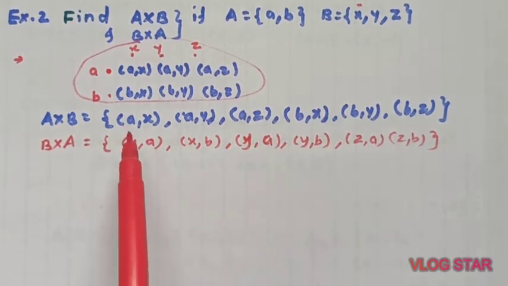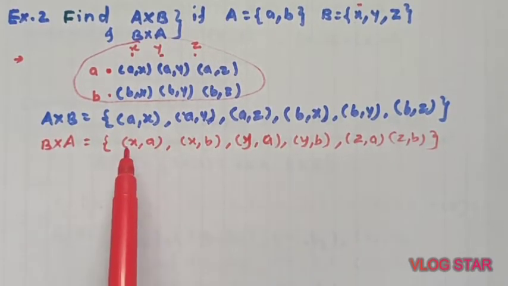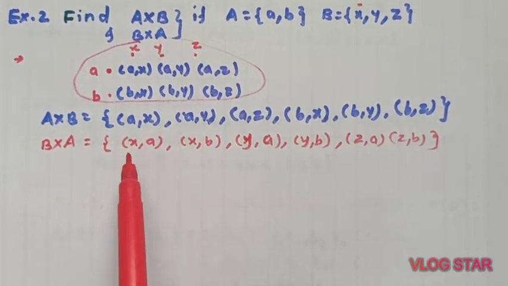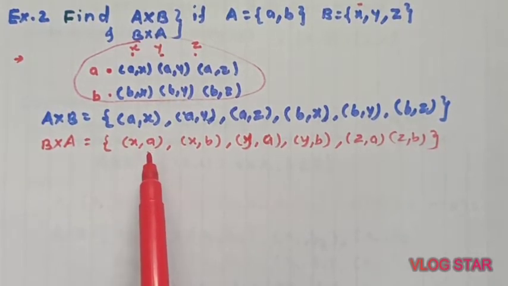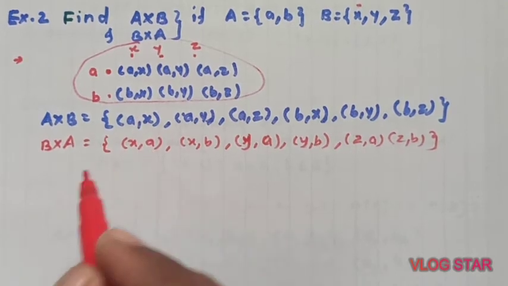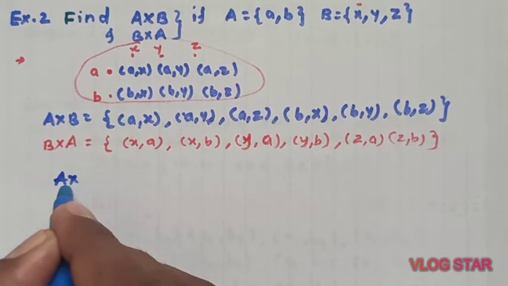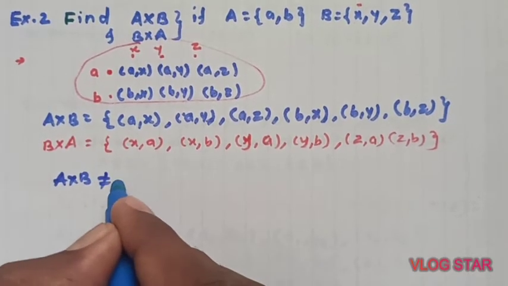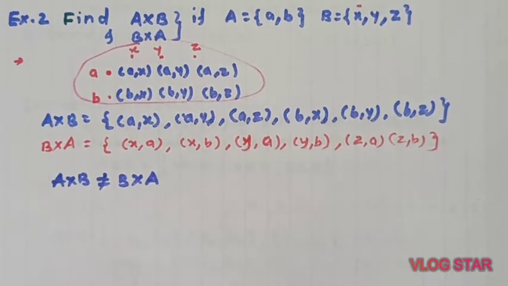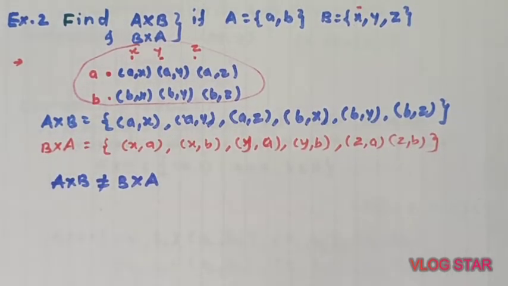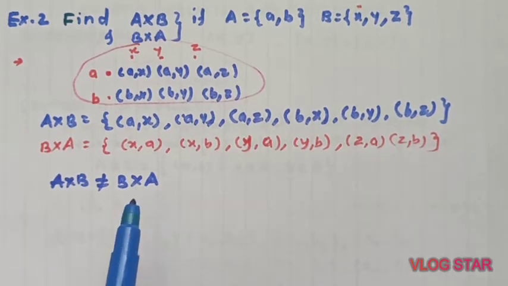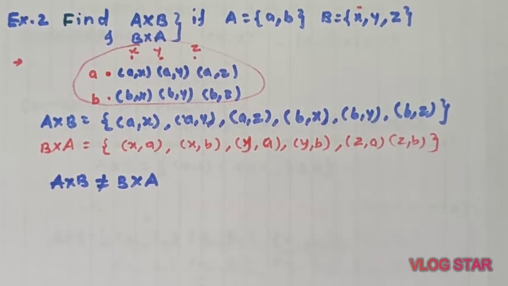But here you can compare. (a, x) is here and here is (x, a). As you know that (a, x) is not same as (x, a) because it is ordered pair. So by that rule, if elements are not equal, then sets are also not equal. So your Cartesian product A cross B is not same as B cross A. So what we got, one property. So Cartesian product is not commutative. Commutative का meaning क्या होता है कि we cannot change the order, isn't it? So A cross B is not same as B cross A.